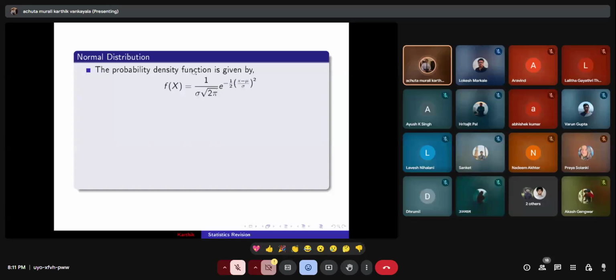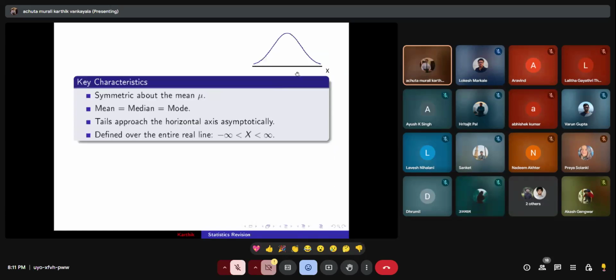Now, from this we get that f of x, the probability density function, is the height of the curve at any point x. You take a point x here, so the probability density function is the height of the curve